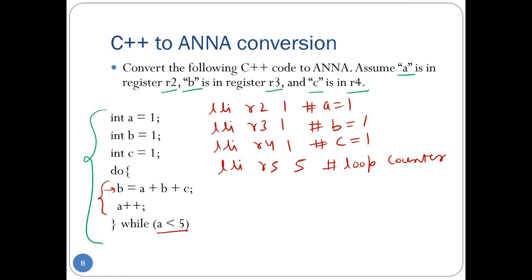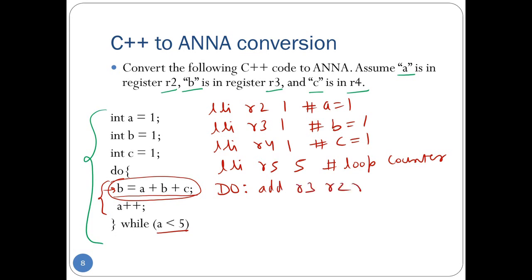So this addition, note that this involves adding 3 variables, and in ANA our add instruction can only add 2 operands at a time and store the result in the third register operand. So we are going to have to break down this addition into 2 additions. So we'll say B is equal to A plus B, and then we will do B is equal to B plus C. So let's start with that. We'll create label do. This indicates the beginning of the do while loop, and then we'll say add